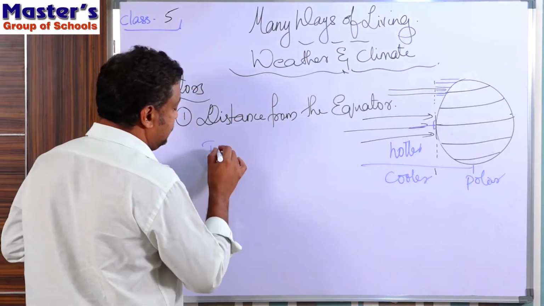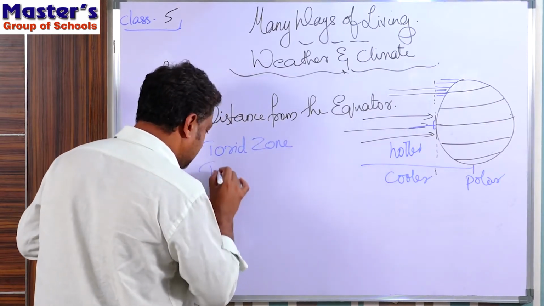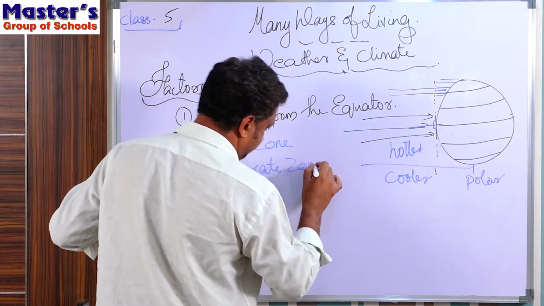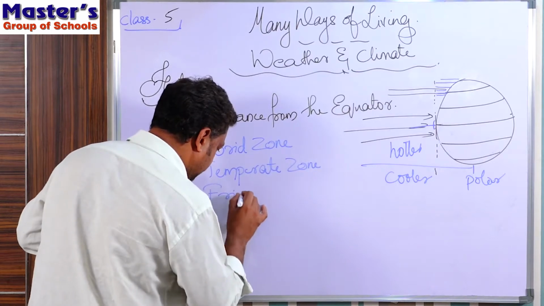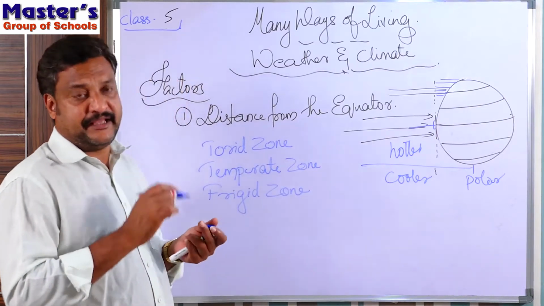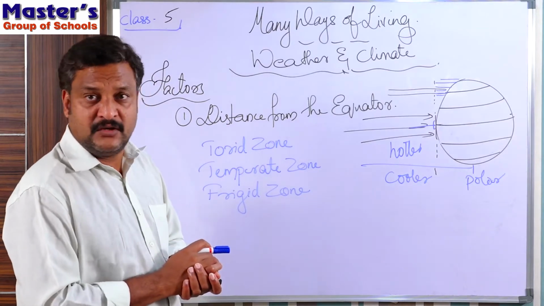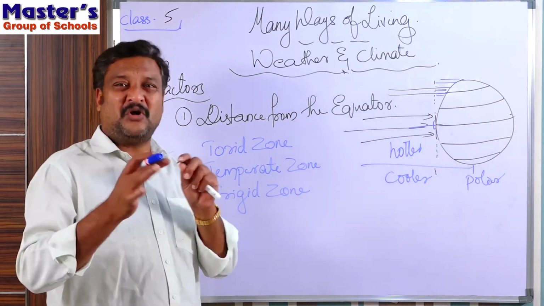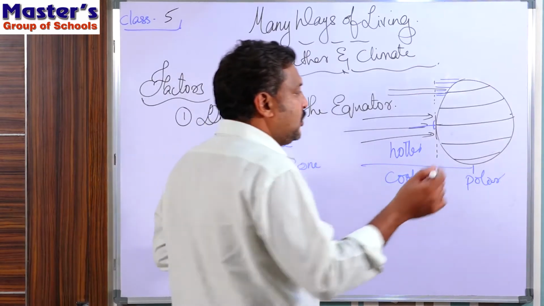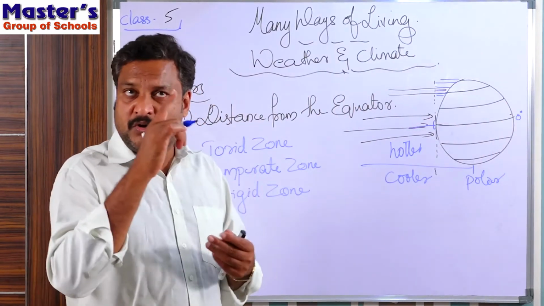One is called torrid zone. The second is called temperate zone. And the other is called frigid zone. Zone means area. Torrid means very hot. Temperate means moderate. Frigid means very cool. So we know equator is 0 degree latitude, and then we have 2 or 3 more